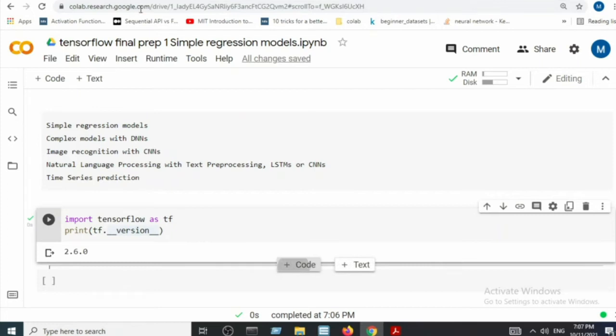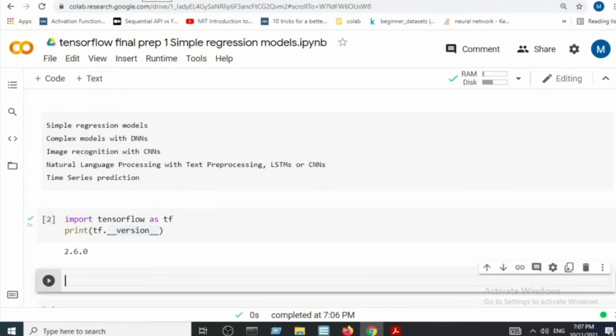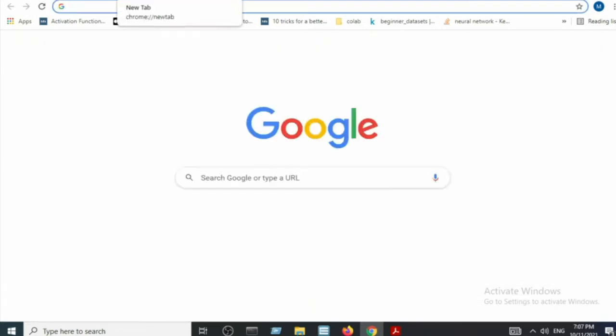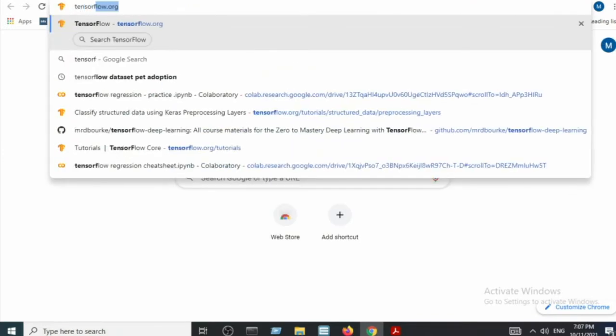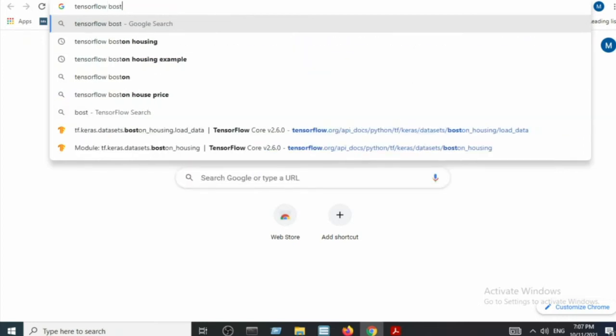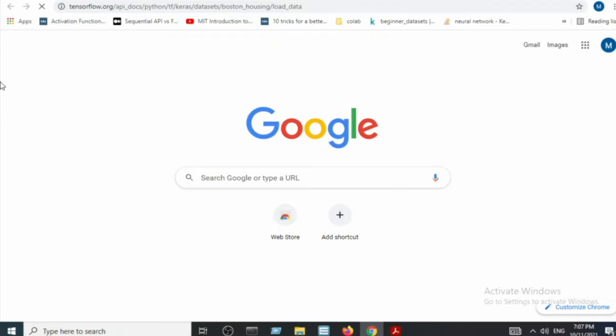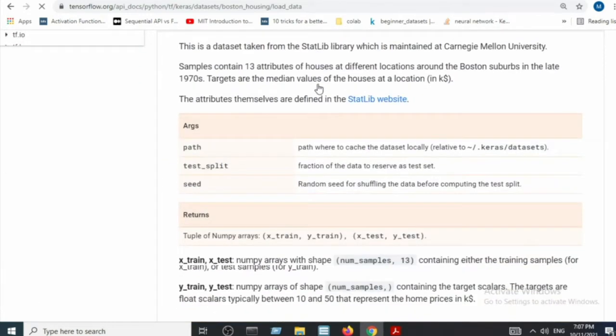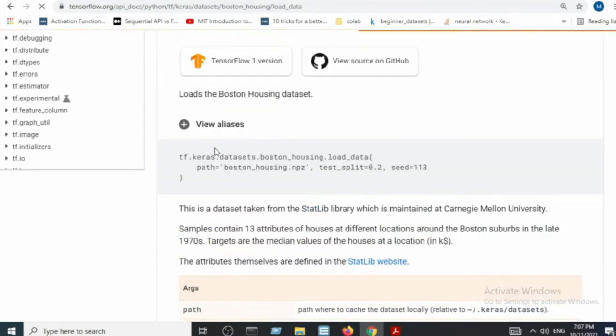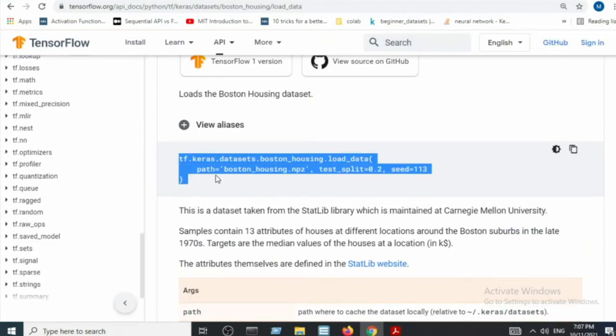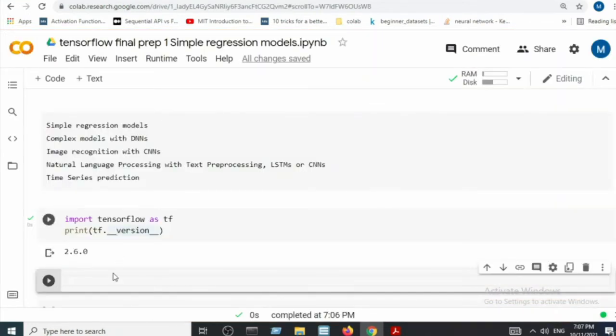I need a dataset for machine learning and deep learning, so let's use a good old dataset. I just copy this, but before that